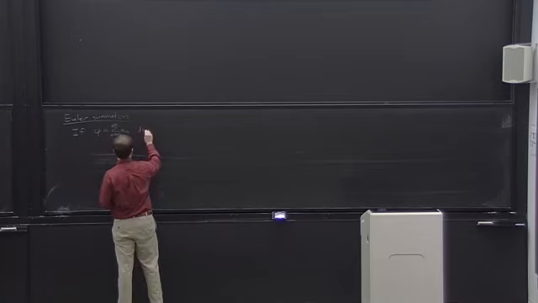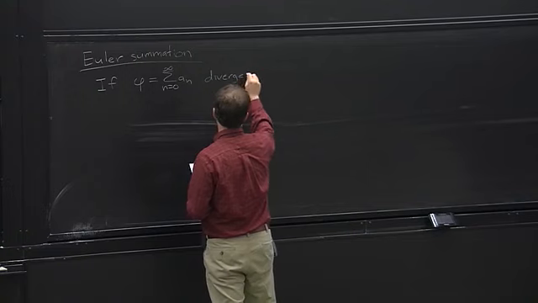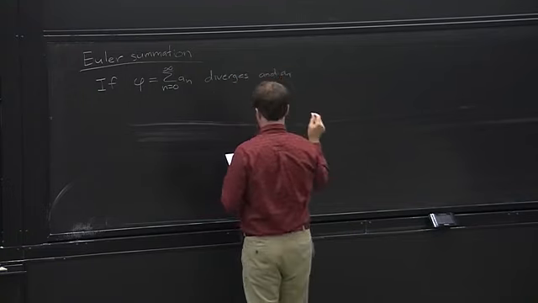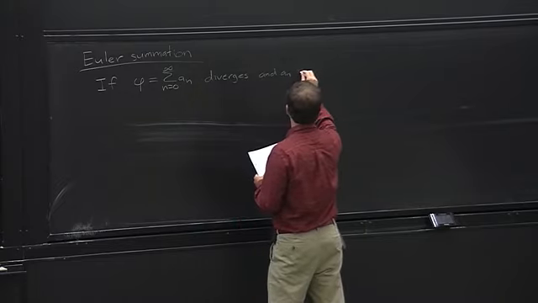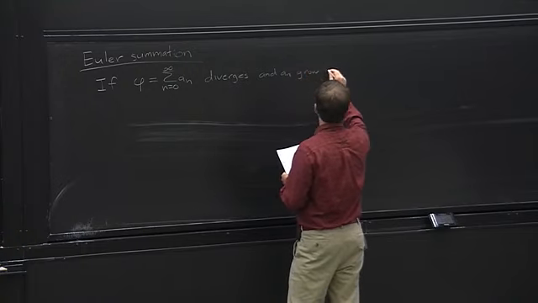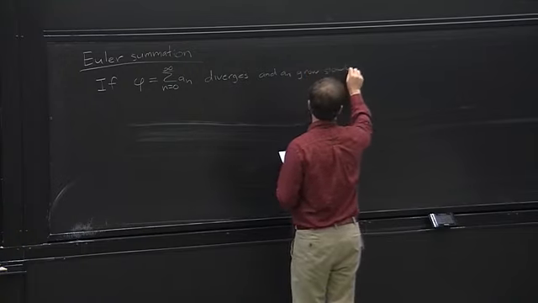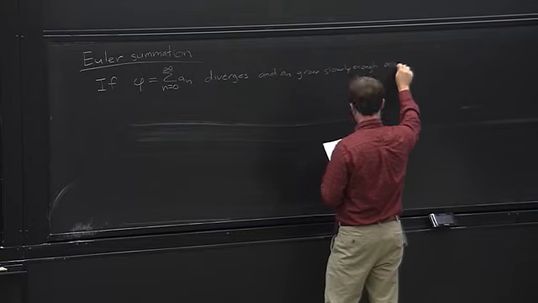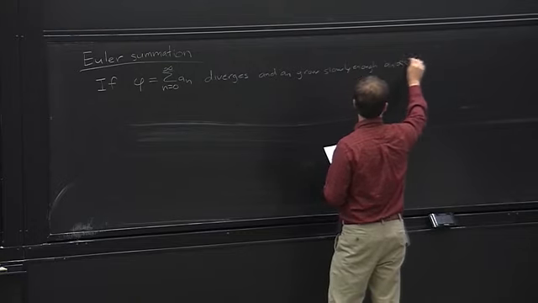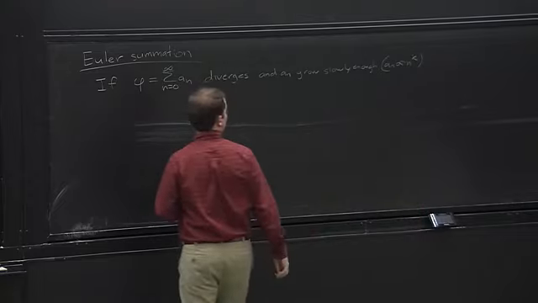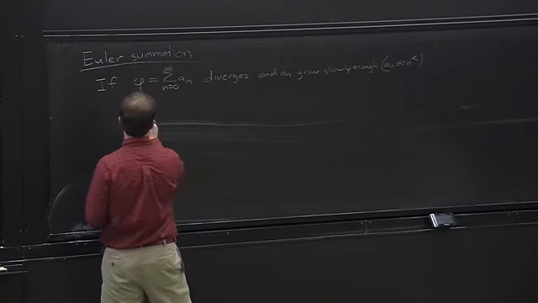So if this is a divergent series, and the a_n grow slowly enough, say a_n goes like n to the k, some fixed k, then